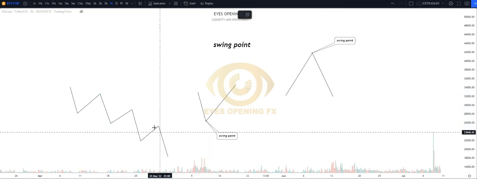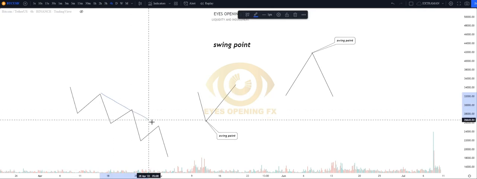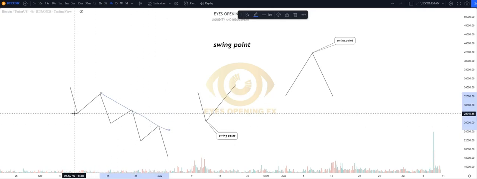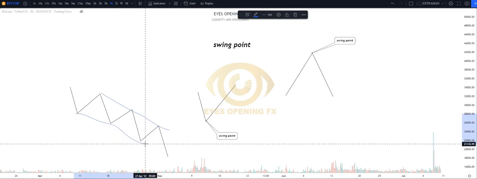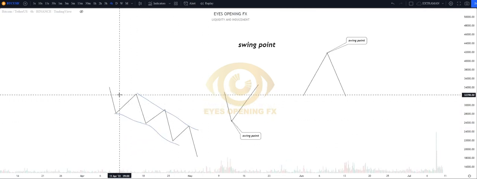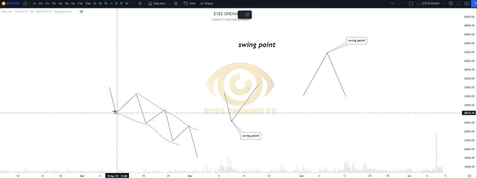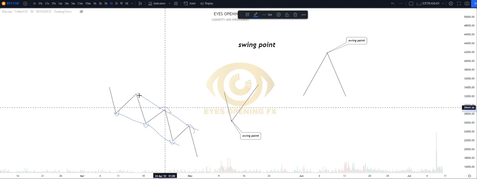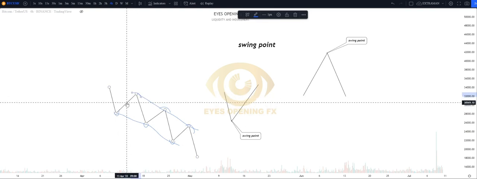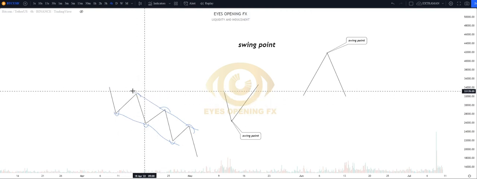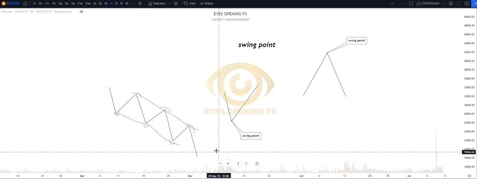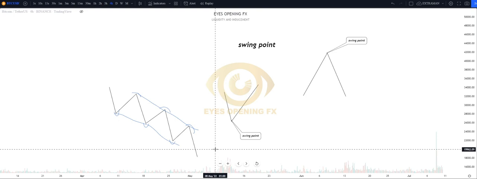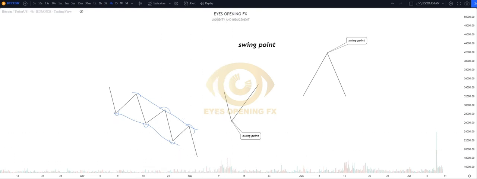you can actually see that all these are swing points. All right. So this is what we call swing points. Each of these lows, this low, this low, this low, this high, this high, this high, they're all swing points. So this is what makes the market. All these swing points. All right. So the swing point and the